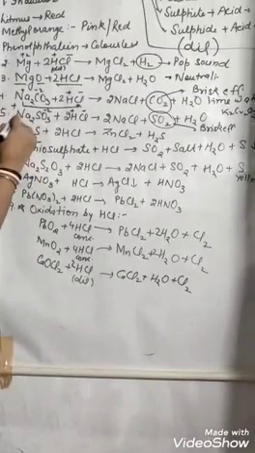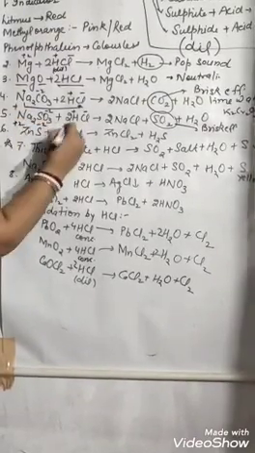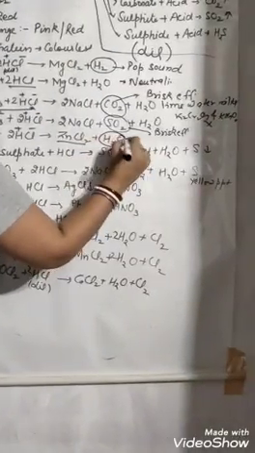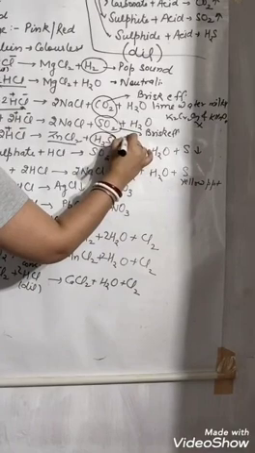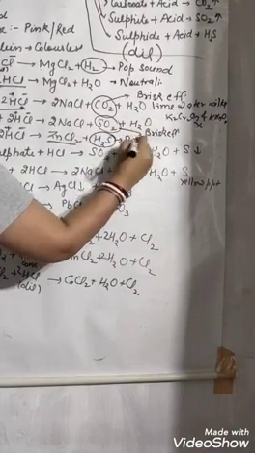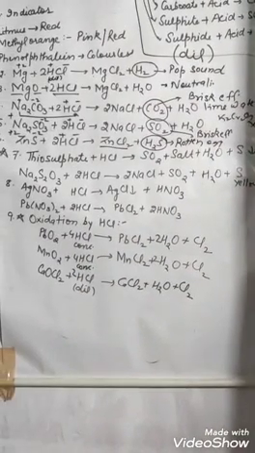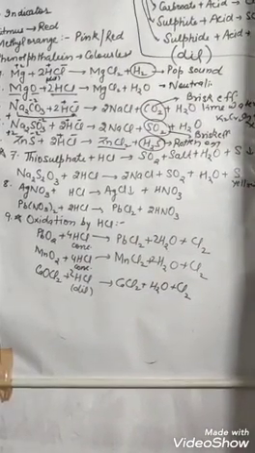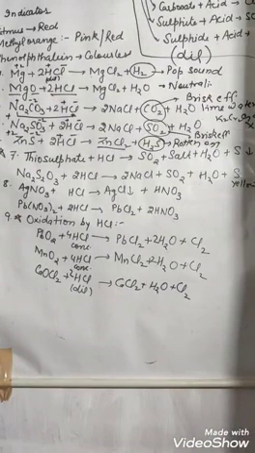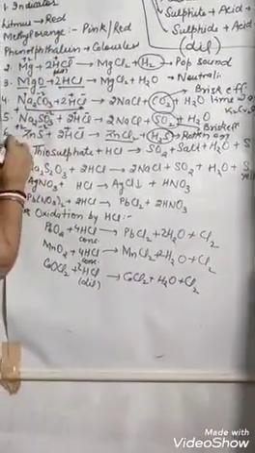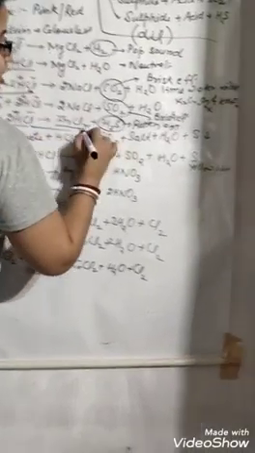Sulfide, that is ZnS. Zn is 2+, S is 2-, H+ and Cl-. What is it going to form? ZnCl2 and H2S. What is the identification of this H2S? That it smells like a rotten egg. So the observation will be: rotten egg smelling gas H2S evolves. These are all the common properties of all the acids.